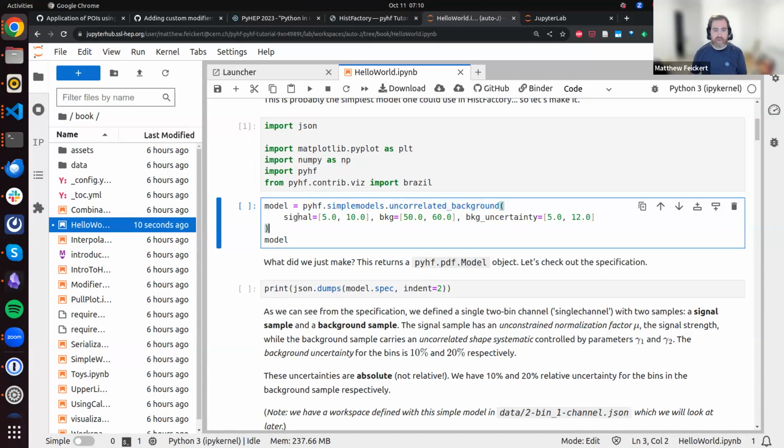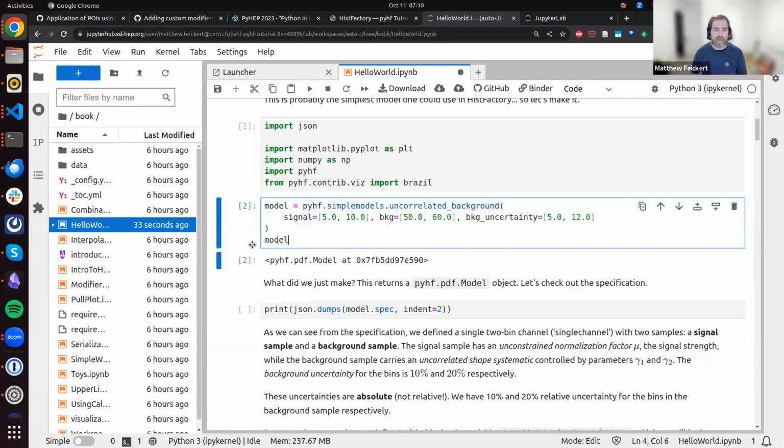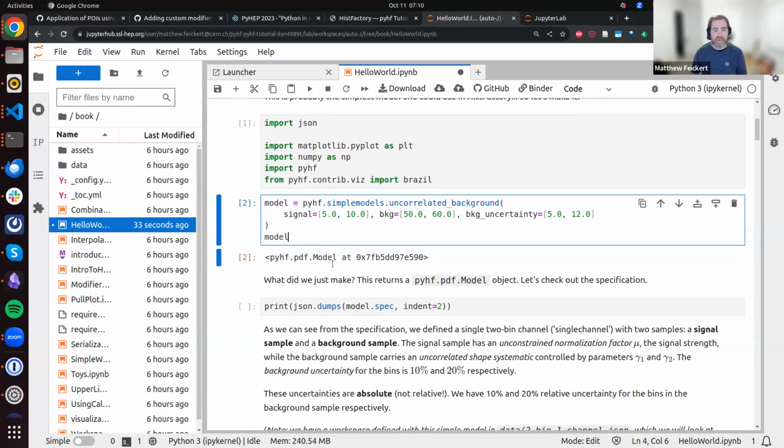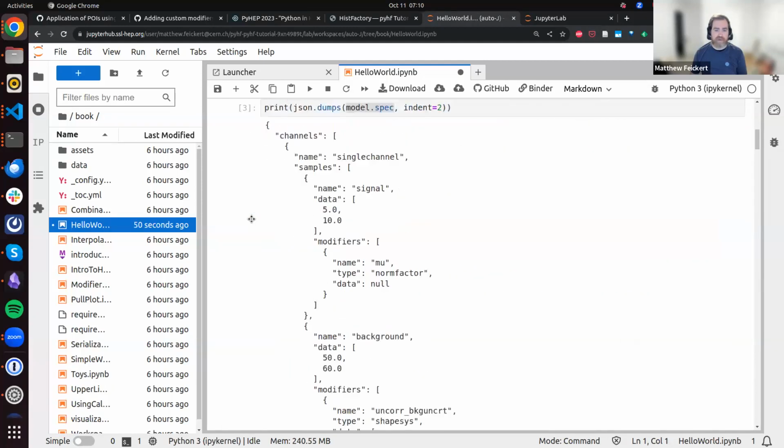And so here we can see that this takes a signal, a background, and a background uncertainty parameter, and we're expressing these as lists. So here there's just two entries in each. We'll see in a little bit that this corresponds to two bins, but if we go ahead and execute this, we see that what came out is a pyhf model object. And we can interrogate that a little bit. So if we now dump this model specification,